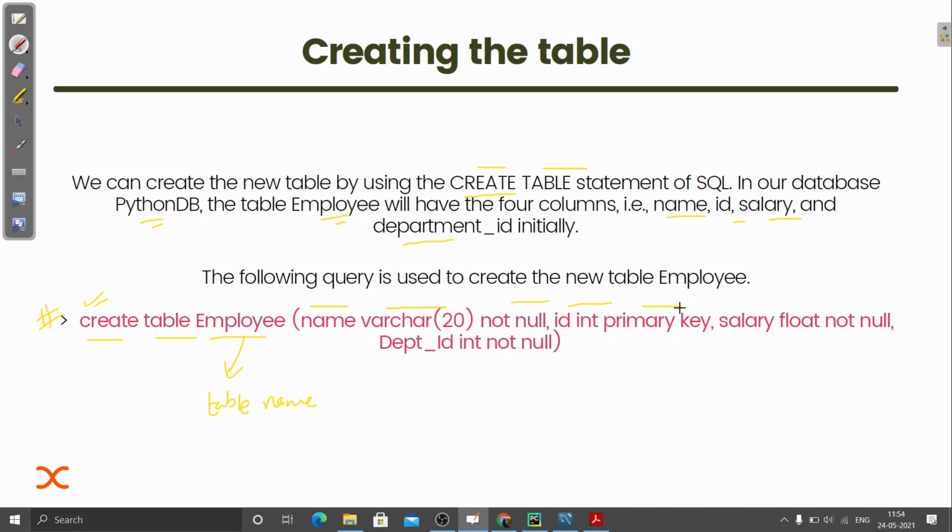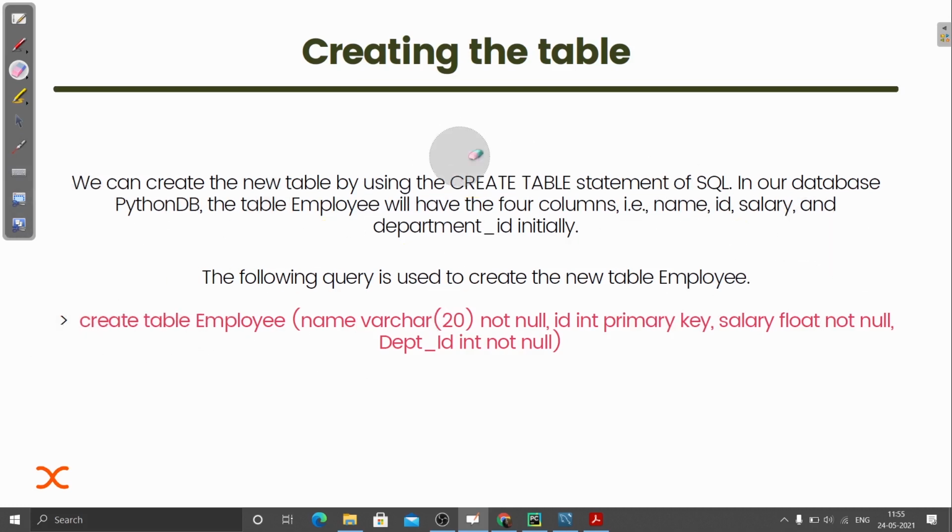Primary key simply means that it should be unique, because with the help of the primary key we connect to the table, or you can say we refer to that table. So primary key is very important, and it should not be null. Then we have another column, salary, with its data type, not null. Department id, integer type, not null. See, it is very simple. So that's our MySQL query.